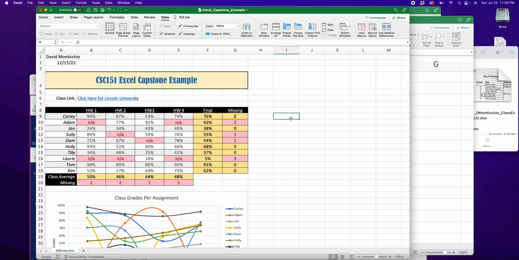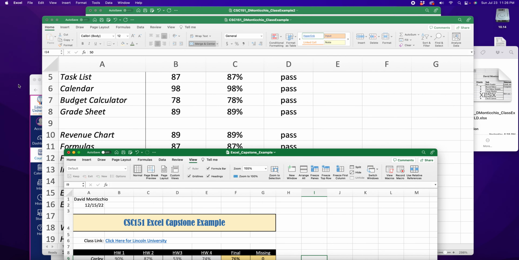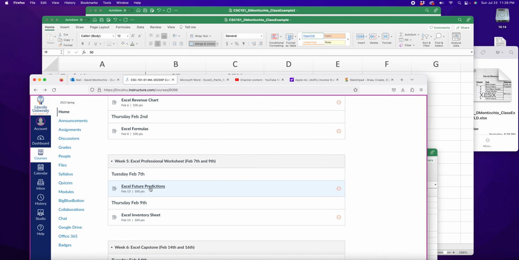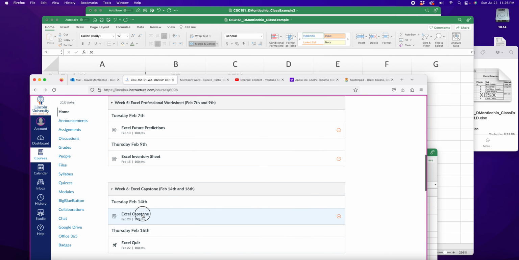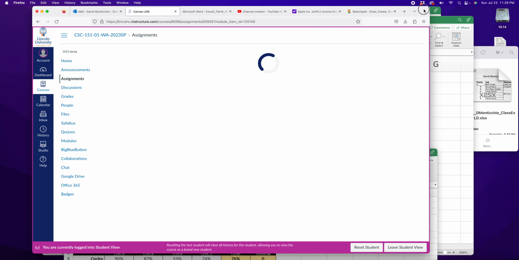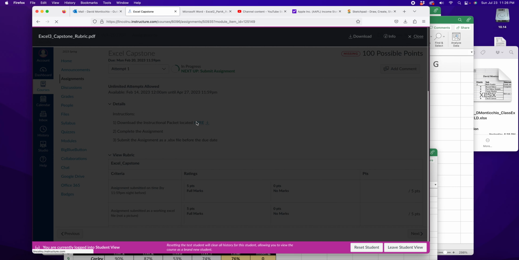So yeah, that's the capstone. Make a fake class and make up their grades for 4 homework assignments. And show me the relevant information. Make sure you're using equations, because I want to see that Excel file. And if I don't see equations, well, we're going to have a hard time with the actual grading portion of it, because